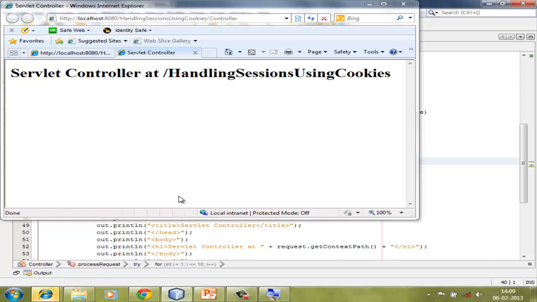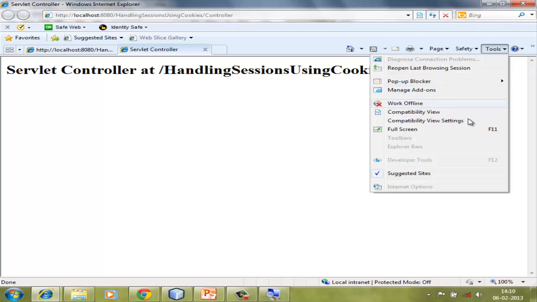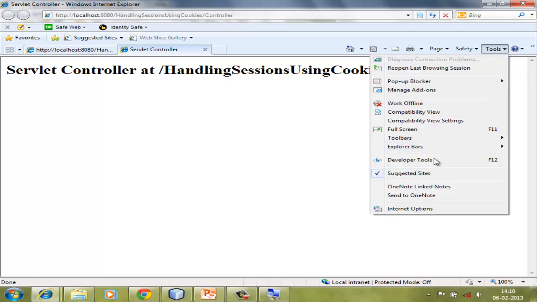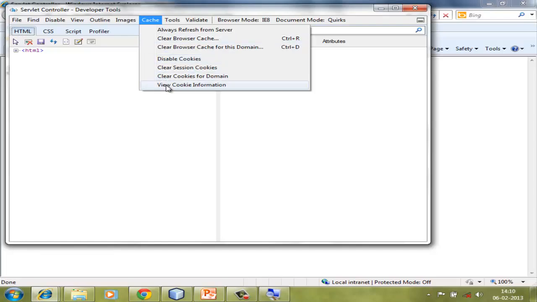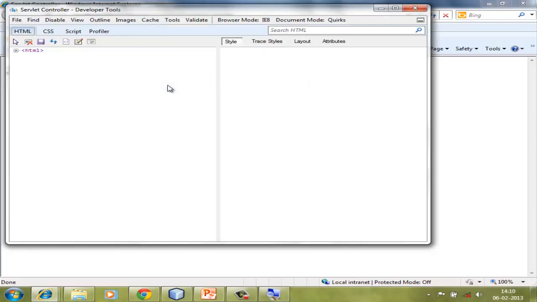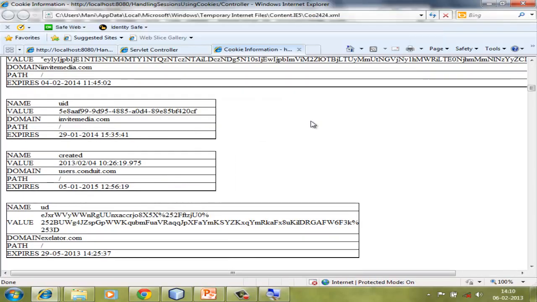So you will not say anything because this is the payload that is being shown to you. But your browser has definitely accepted the 10 cookies. If you want, you can verify that thing. You can go to the tools, developer tools, and if you look at the cache and view cookie information, it must show you